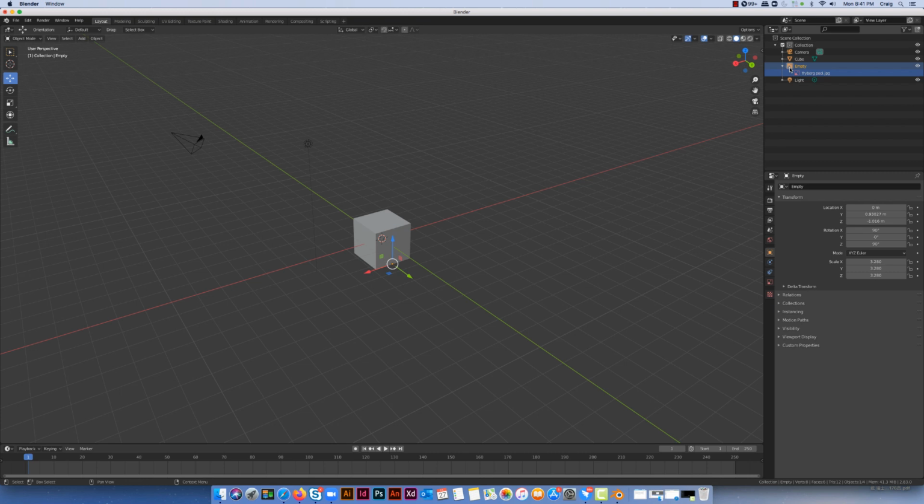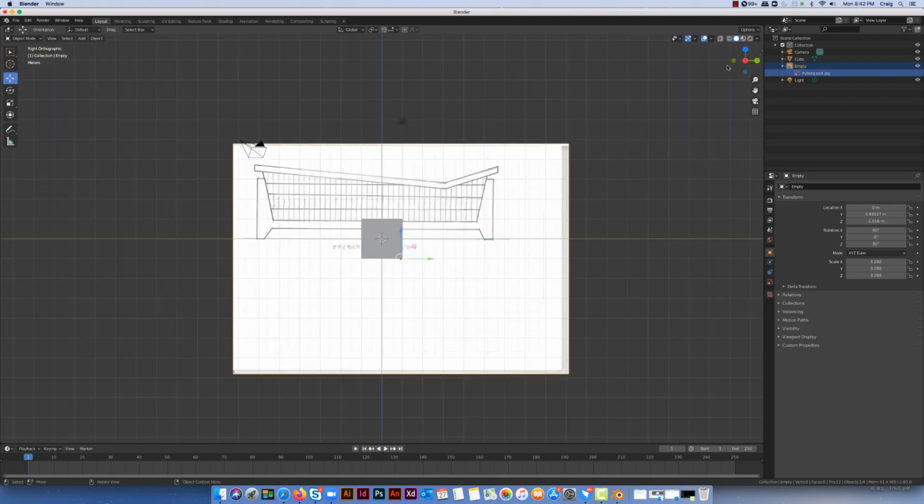Now the empty object just means it's not a 3D object which we can work with and manipulate, but it's something that I'm going to use as a reference. And what's important is that I'm going to come up here to the top right and click on X, which will take us into this orthographic view to work with. I've got my image here and I've just expanded it to work with, and essentially what I'm going to do is go through the process where you can actually start to model using a background image as the basis